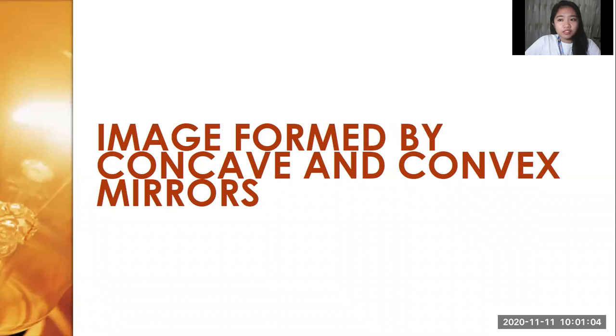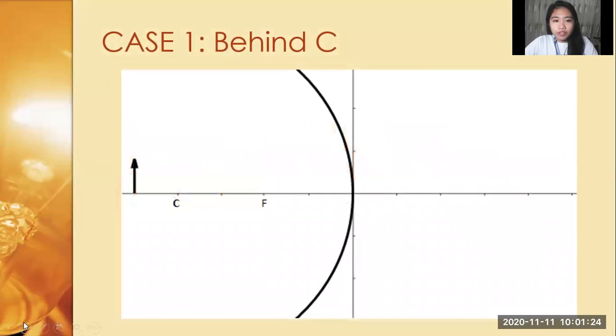Last time I did case number 1, but I'm going to repeat it again. So just remember the differences of SR1, SR2, SR3, and SR4. And then after that, we will be determining the magnification, orientation, location, and type of image. And so again, this is case number 1. So the object is behind the center of curvature.